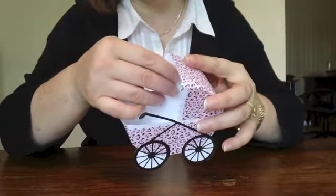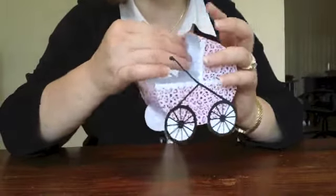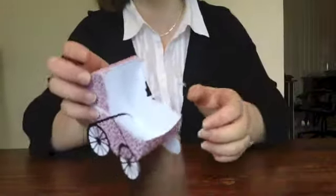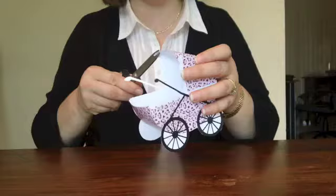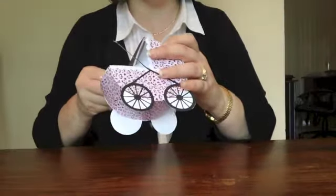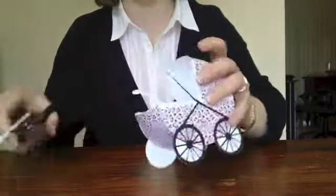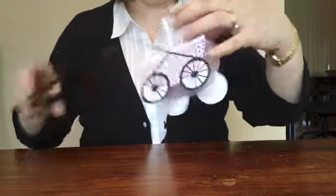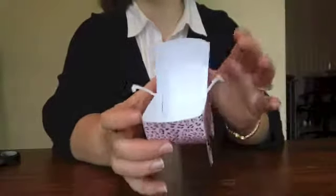The pattern I'm using here is the little pink leopard spot pattern. And you know, as many times as I've done these, I've never had one that actually comes out exactly the same on both sides. Maybe you will, I never do. So with the little extra bit, all I usually do is just trim it off straight. You can use pinking shears or something like that if you prefer. I just find it just as cute just to cut it off straight, like so. And there's just a little bit here I'm going to trim. And there we go. There's your little baby carriage all ready for, this will even fit a few small gifts,